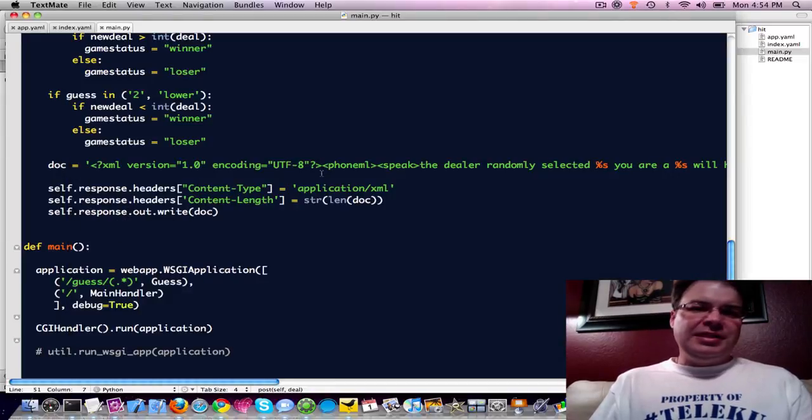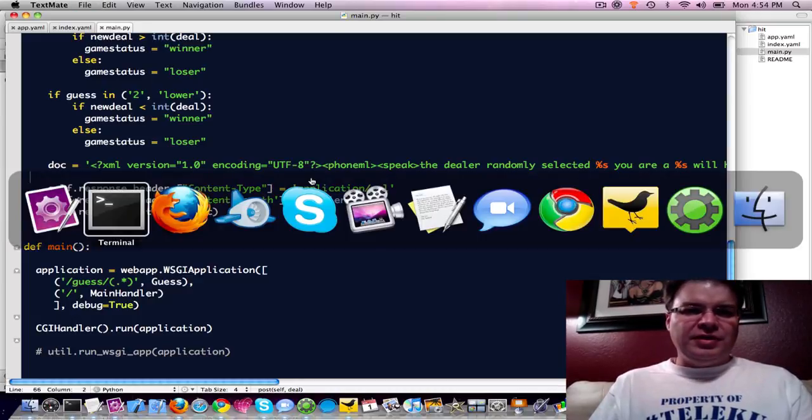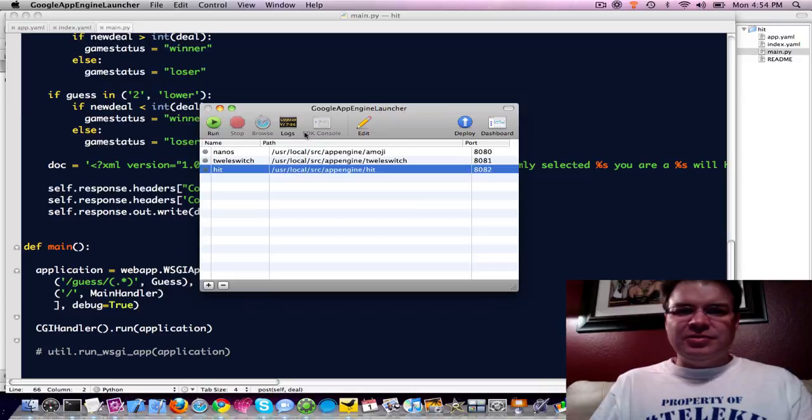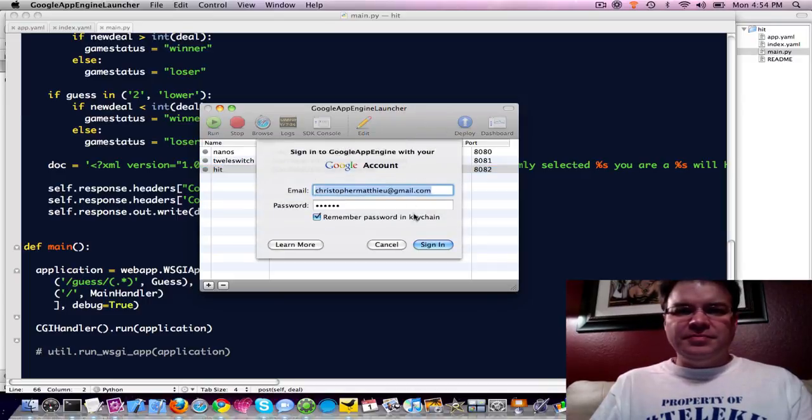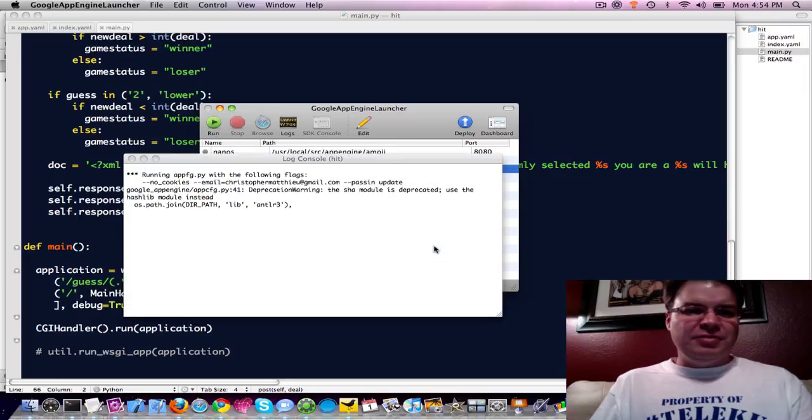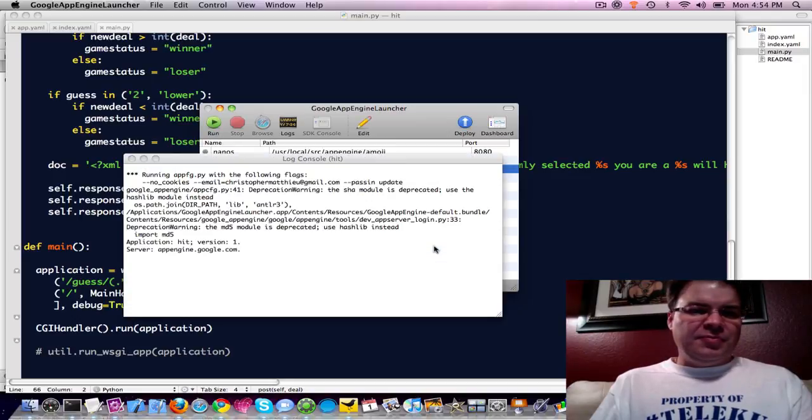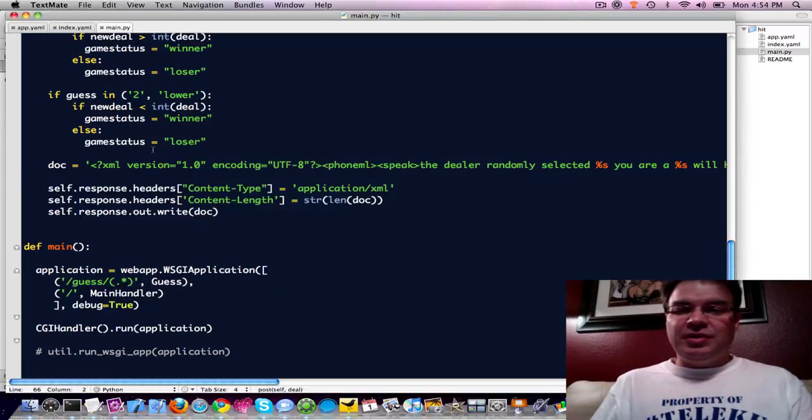So really that was it. AppEngine is just as simple as Heroku to deploy. I don't know if you've done this before, but you have this little console here. You just hit deploy, give it your credentials, and it's running. Initiating update. So it's that easy. It's up and running, and